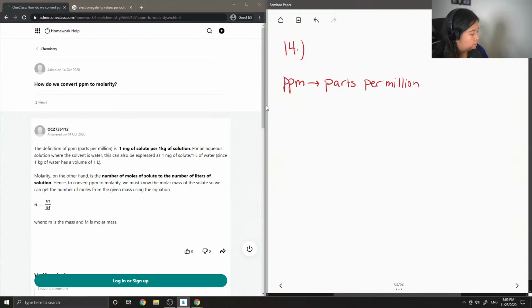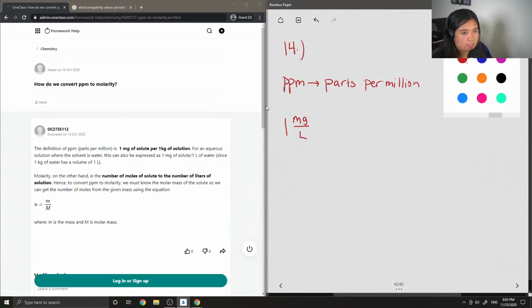Since we know ppm is in parts per million, that is similar to it having a concentration of milligrams per liter. So if ppm is in milligrams per liter,